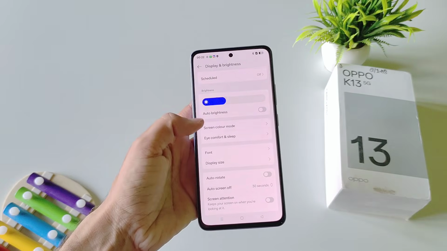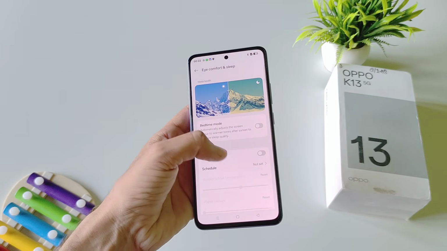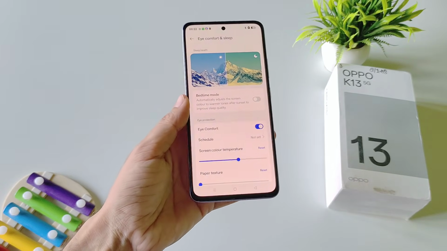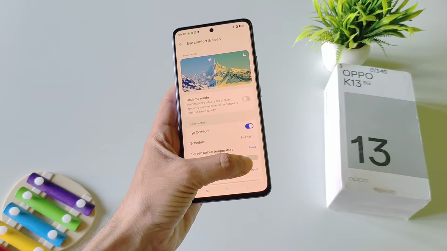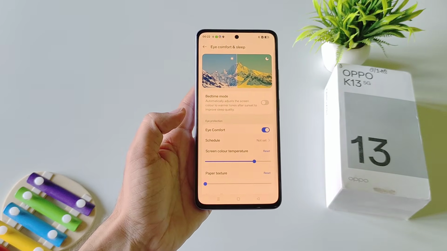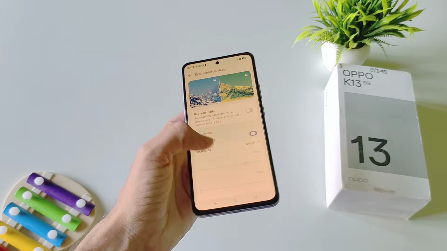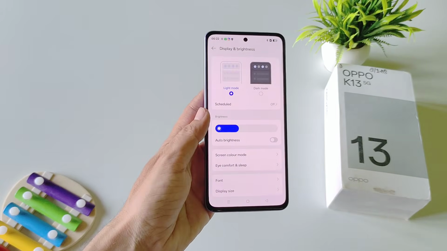The second one is eye comfort. Click on this and then enable this eye comfort. It will warm the color of your screen. You can also adjust the temperature from here. This will also decrease the pressure on your eyes. So if you use your phone at night a lot, then you can use these two features to protect your